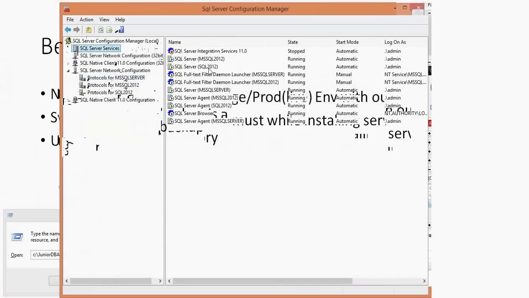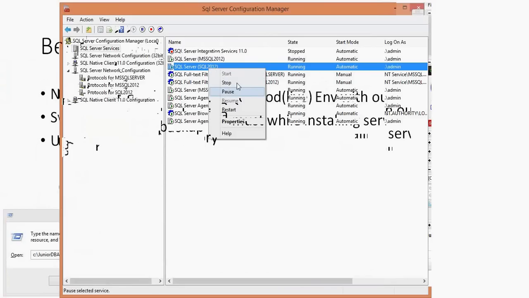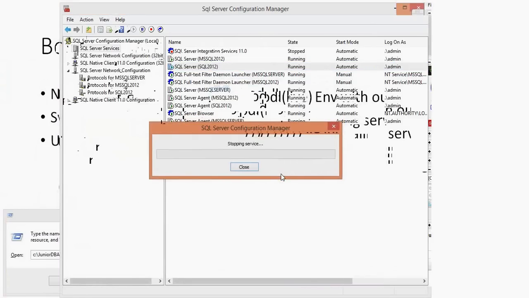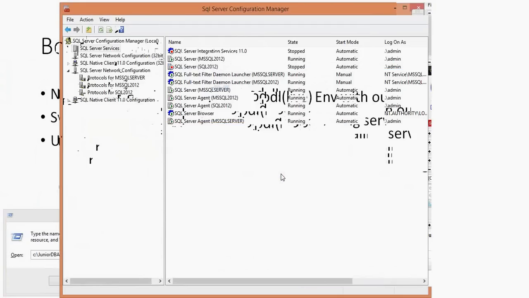Select the service, then click on stop. Then you go and restart your complete operating system.